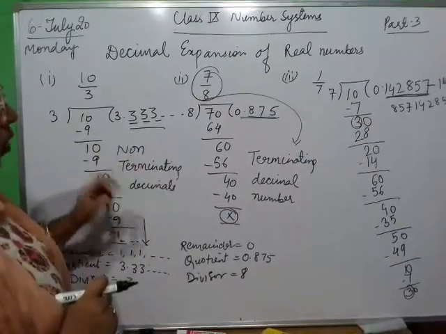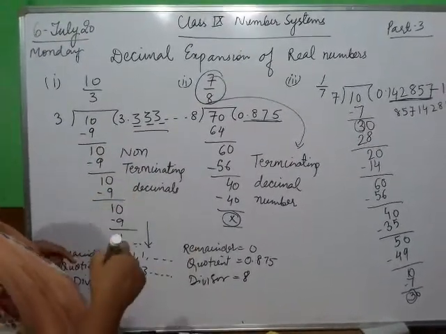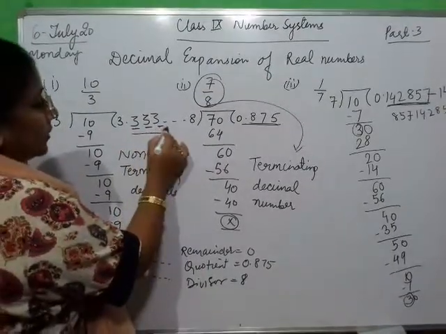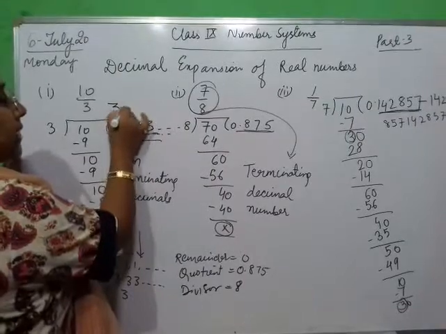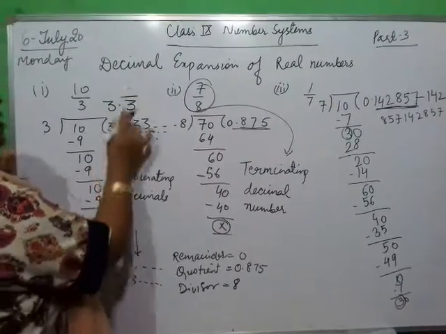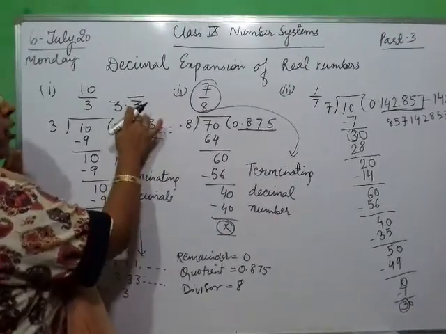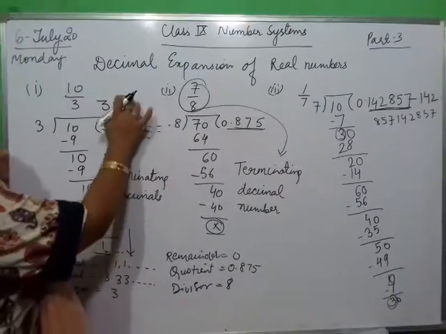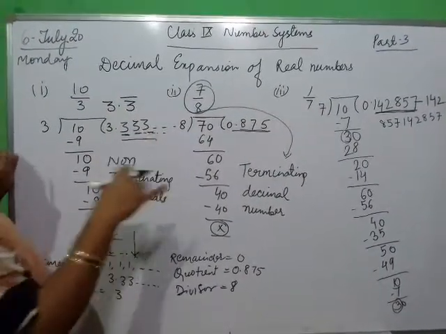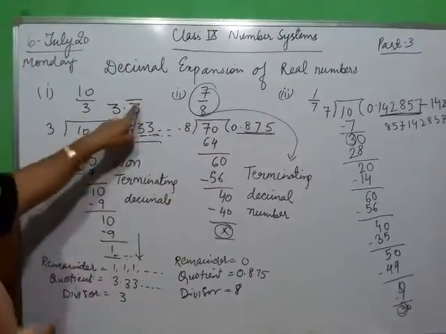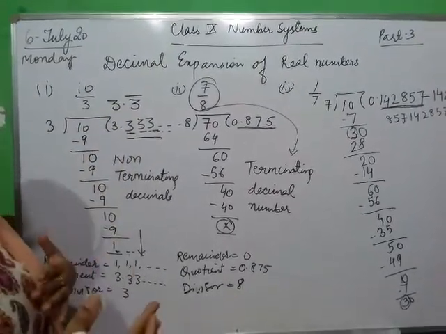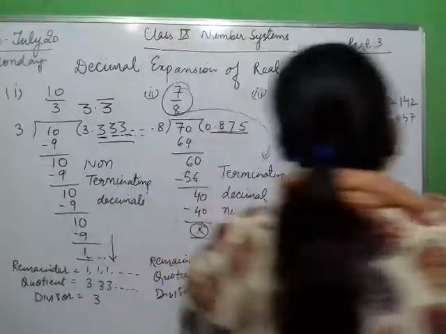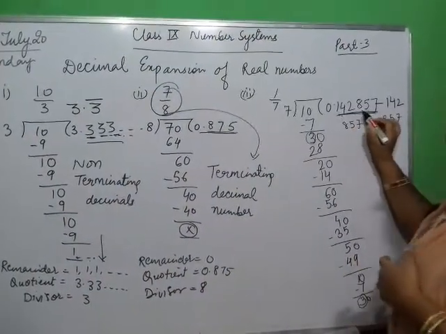Now, this also has one classification. Here the 3 is repeating. So instead of writing 3 3 again, I can simply write 3.3 with a bar. This bar is for this repetition. The bar represents that 3 is being repeated, and this bar is put on the digits which get continuously repeated. Okay, like here 1, 4, 2, 8, 5, 7.